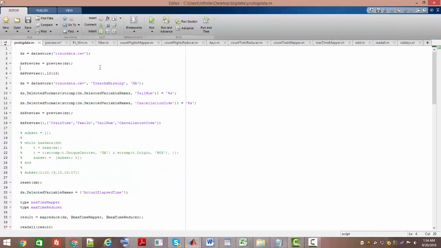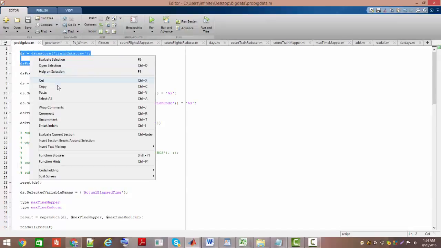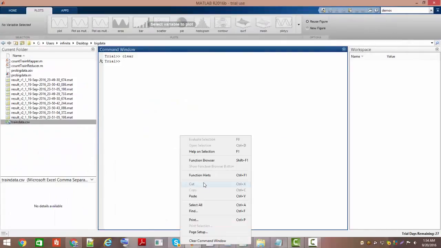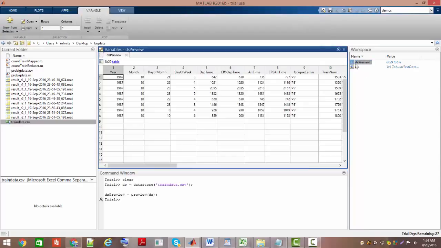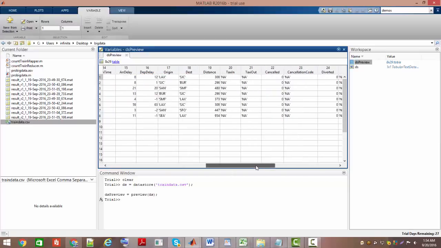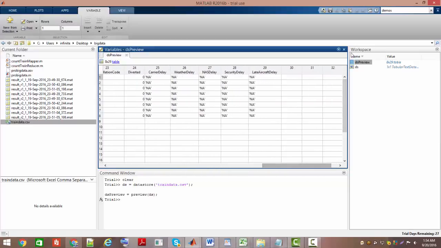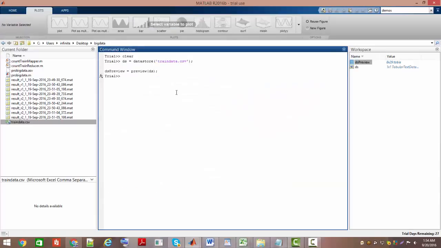Okay, here let me run a few lines of this code first and show the preview of this data. So this is the preview. You'll be getting year, month, day, week, departure time, arrival time, train number, whether it is canceled, delayed.